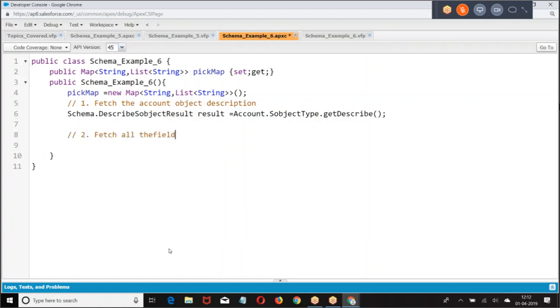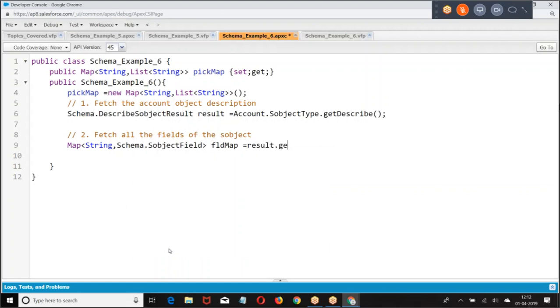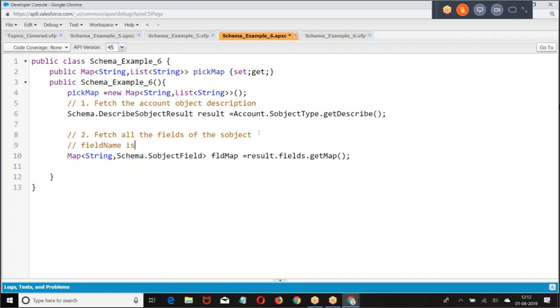Fetch all the fields of the object. How do you get all the fields? Map of string, s object field map equal to result dot fields dot get map.